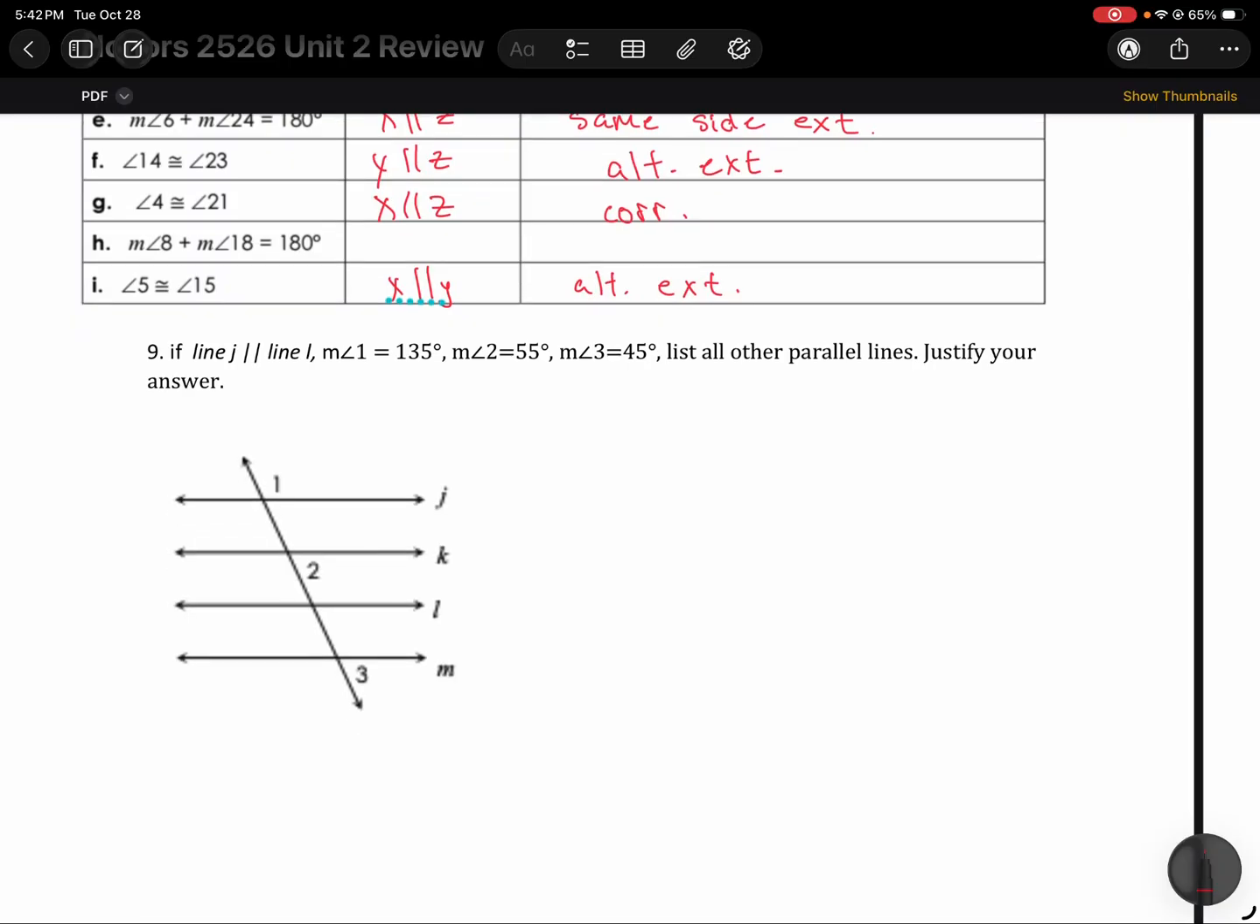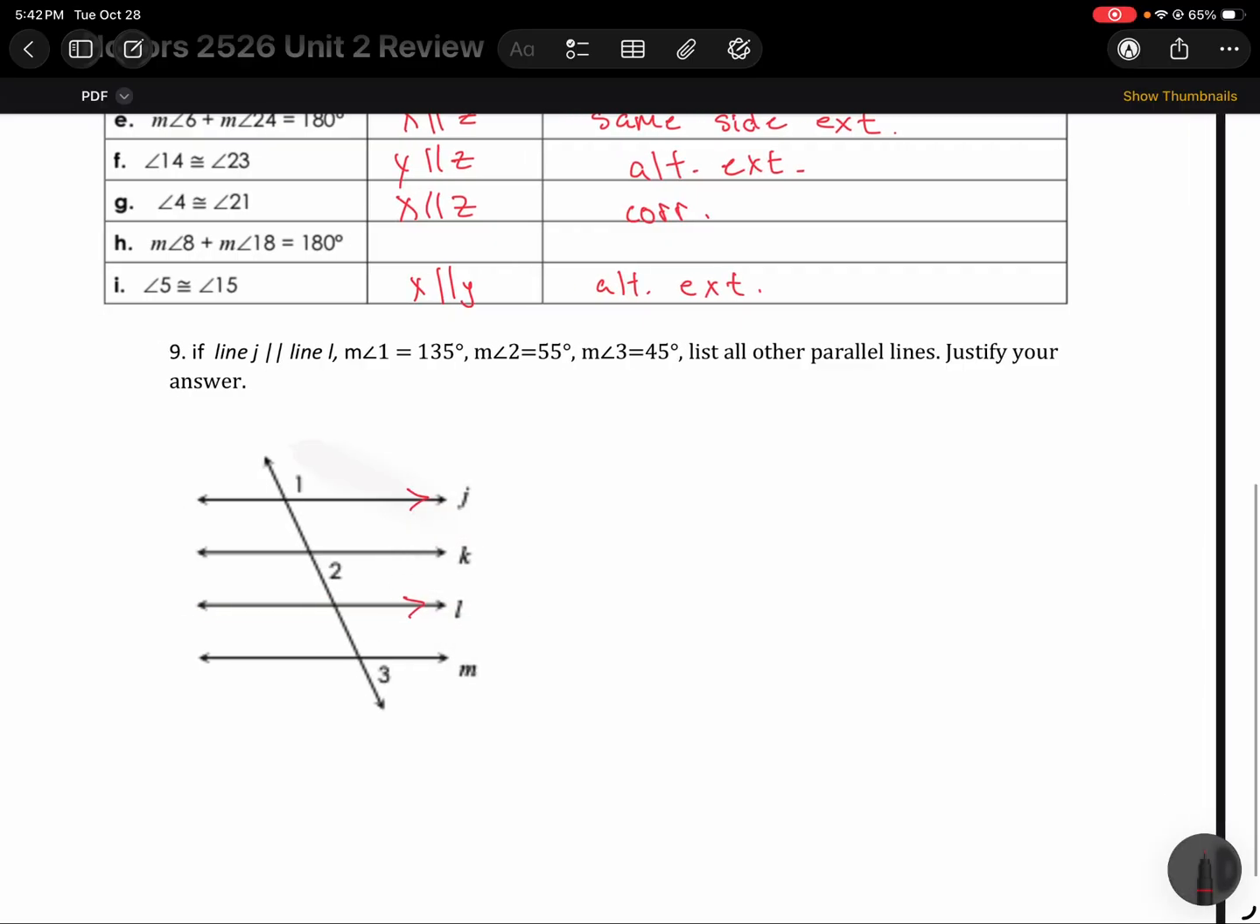All right, if lines J and L are parallel, so these two are parallel. Angle 1 is 135 degrees, angle 2 is 55 degrees, angle 3 is 45 degrees. List all other parallel lines, justify your answer. Okay, so it looks like 3 and 2 should be corresponding, but they're not because they are not the same angle. So if we compare that with angle 1, looks like angle 1 and 2